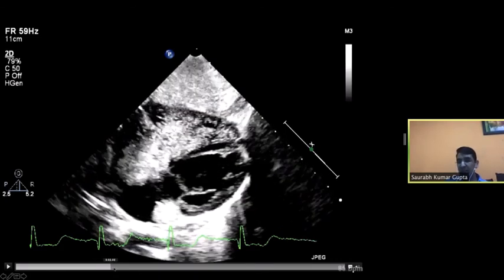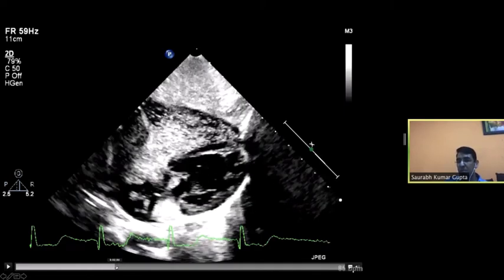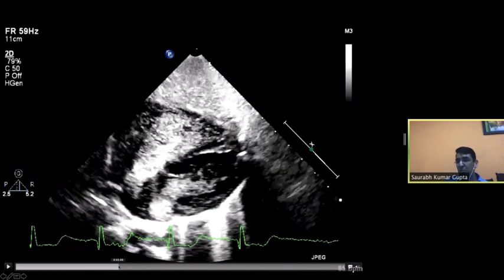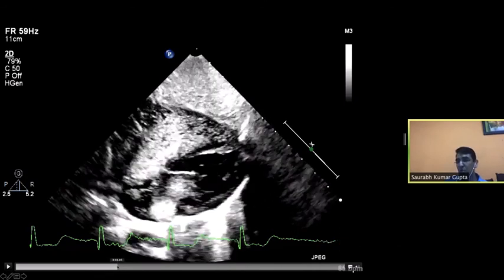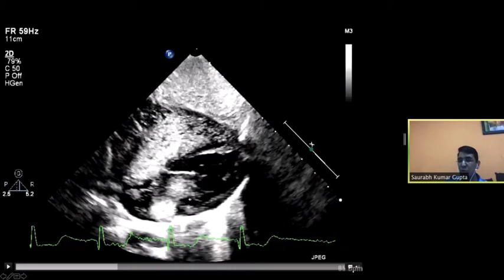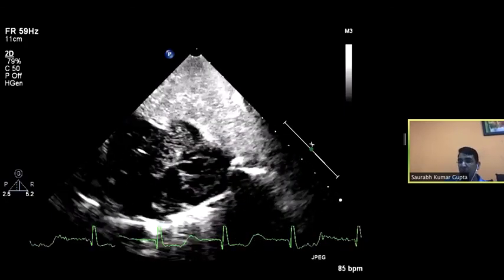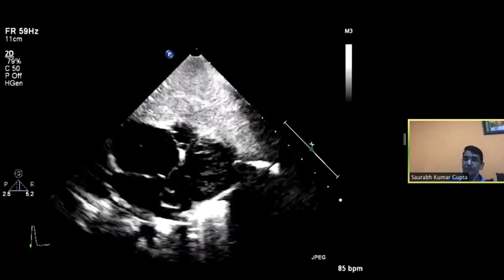But then look at this. This contrast from the coronary sinus gets into the left ventricle. And that is the importance of playing it slow with intention to reach a conclusion. And this is also to emphasize the importance of setting your echo for acquisition of more than 10 to 15 beats, or at least 2 to 3 seconds. Otherwise, you would have missed it. So this is to highlight why it is important to do saline contrast echo the way it is advised.